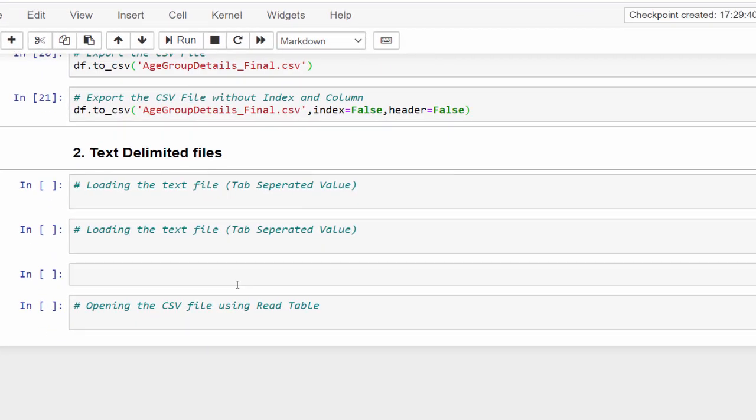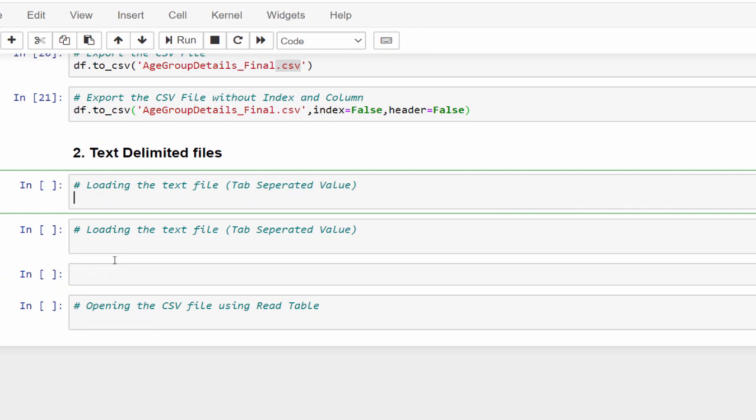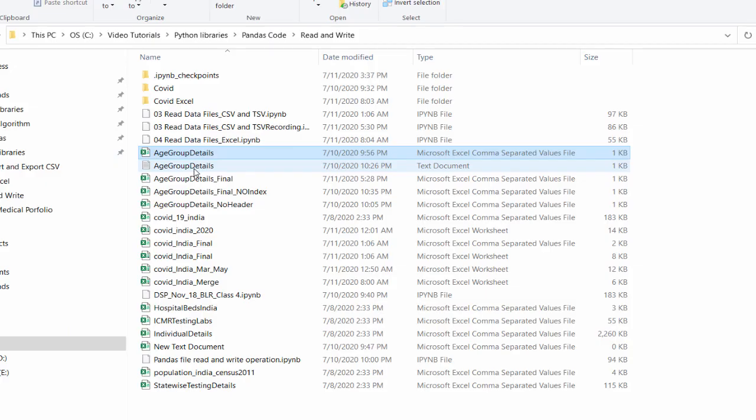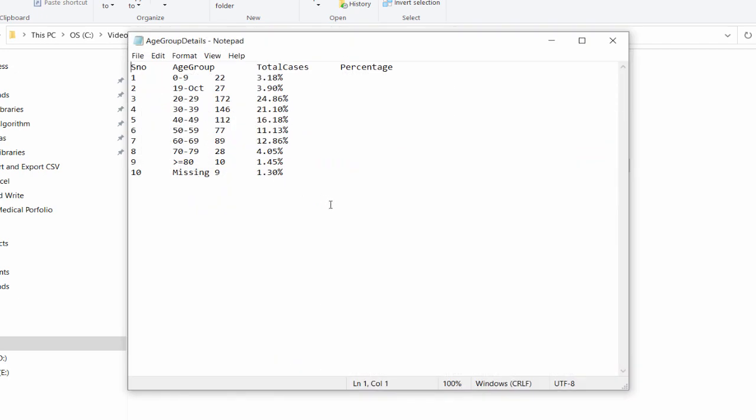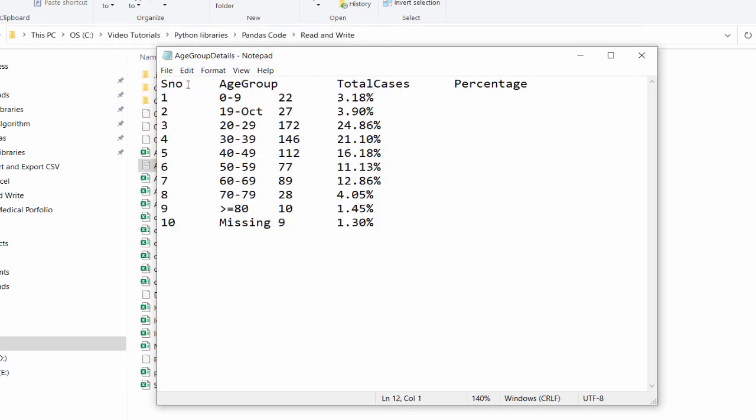The next topic is the text delimited file, nothing but every value will be separated by a delimiter. If we get our datasheet as a text file, that is a .txt file, then also we can create the data frames from that. For that, in this example, the file I'm going to use is age group details, which is in text format, and you can see each value is separated by a tab.